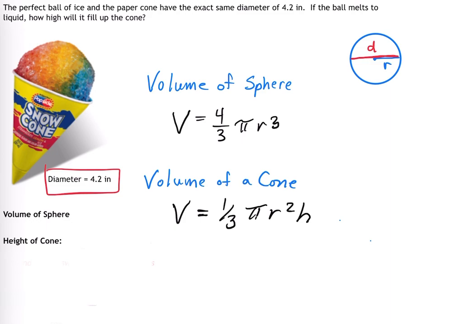If you're trying to find the volume of a sphere, it's 4/3 pi r cubed. But to solve the question here, first of all we're given the diameter. So that means if the diameter is 4.2, then the radius has to be half of that. So the radius then has to equal 2.1. So if we're going to try to figure out our volume now, we're going to take 4/3 times pi and then times 2.1 cubed. And in this example here, the answer will come out to be